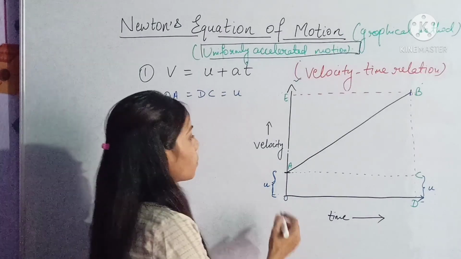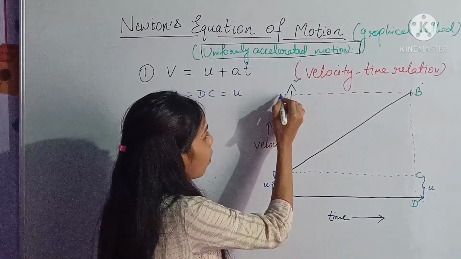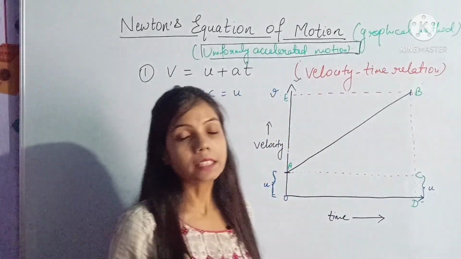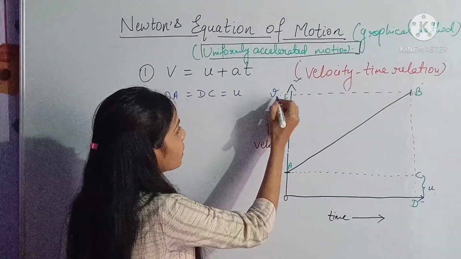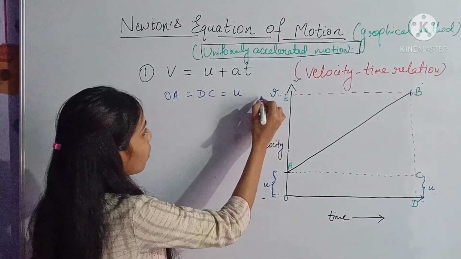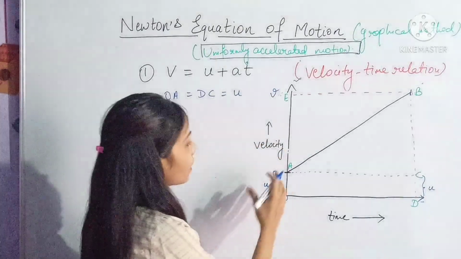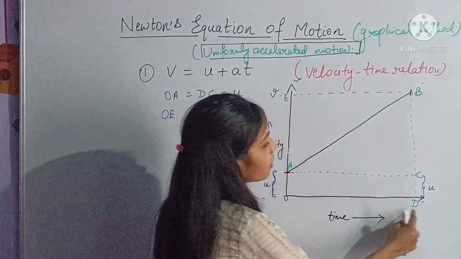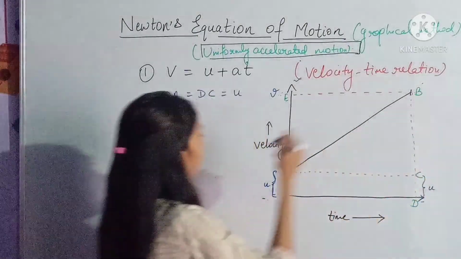Fine. Now, from point O to point E, we all know that this is the point of final velocity where the object has finally reached. So this OE will be considered as the point of final velocity. Now if we find another match for OE, then we will find that OE is equal to DB, or EO is equal to BD.